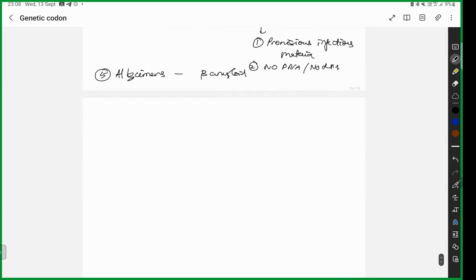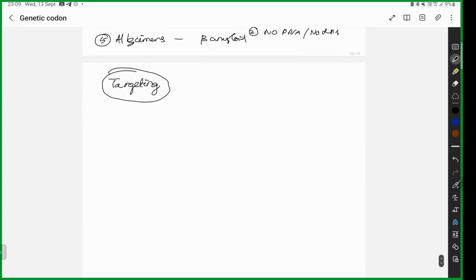Last and final topic which we are going to deal with is the targeting. So I told you one thing, right? Targeting. So what is this targeting? It is like Amazon, like I told you already. Once you receive a material, it has to be sent to the person who requires it. So you divide this into post-translational modification and co-translational pathway. I told you this also.